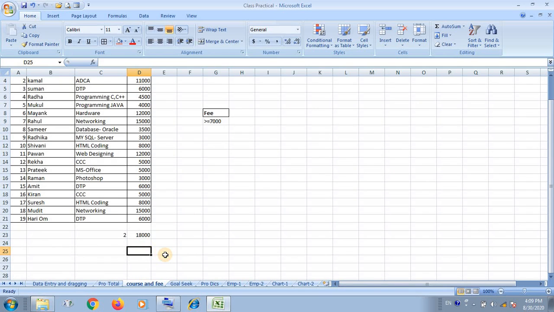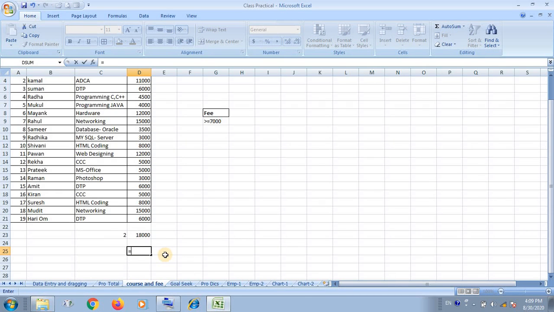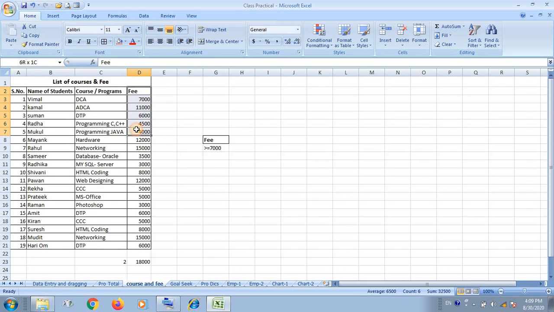Now you are looking here, I have already declared the database name, including the label and the fee. I have to define again the name of the field, course, and here the database name, data.